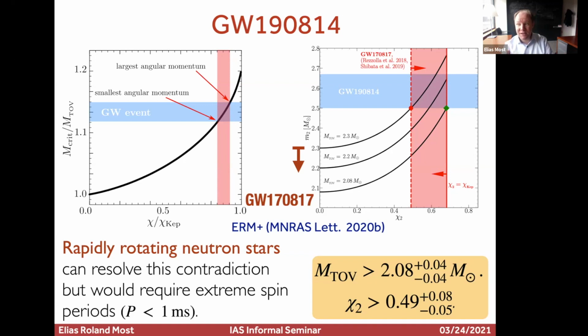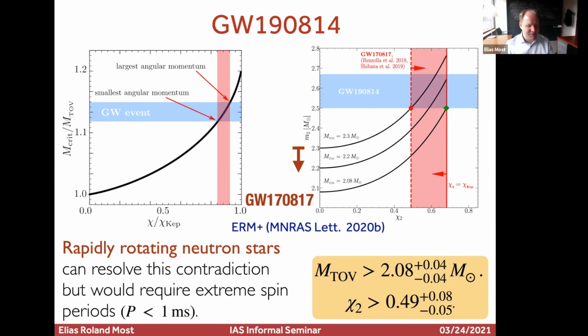The other thing is you can ask, well, it's great that you can do this, but what's the minimum amount of spin that I need in order to explain this if I believe that 2.3 is a good number? Because again, if I add a certain amount of spin, I can support more mass. If I want to go from 2.3 to 2.5, I need a certain amount of minimal spin. It turns out that this is 0.5. And so what that means in practice is, if you really believe that this thing contained a neutron star, it must not only have been spinning, it must have been spinning with a spin period of less than 1 millisecond. So that would have been the fastest neutron star we have ever seen, faster than any pulsar observation, which pushes this thing to a really extreme place in the parameter space.